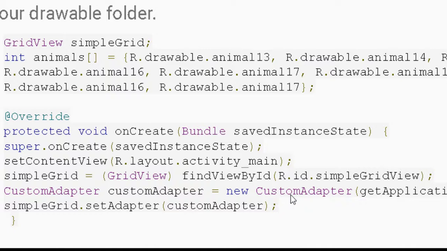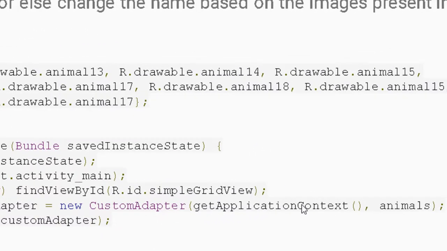This is called the constructor of our class, that is CustomAdapter. This area is called the context of the particular application, and this one is called the array of the particular application. So that array is already defined here, you may see here. So let me use customAdapter with the CustomAdapter and so on. So let us define the custom adapter first.